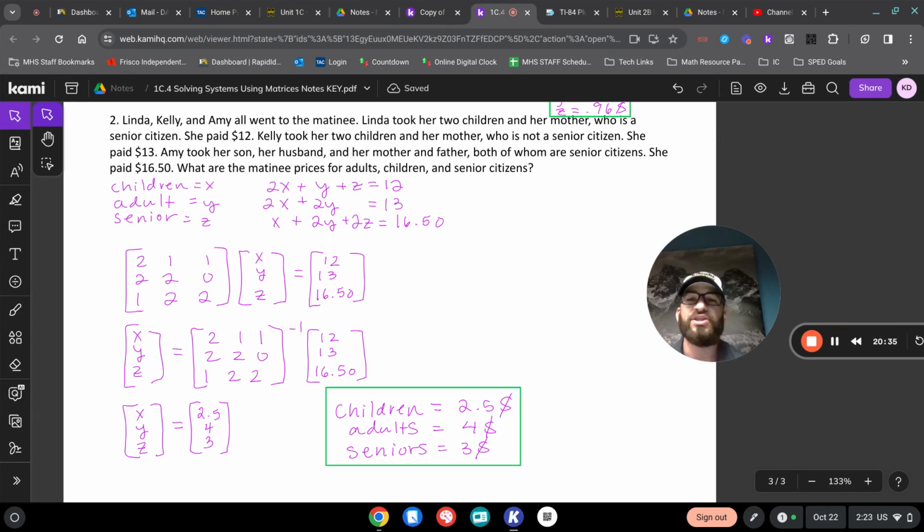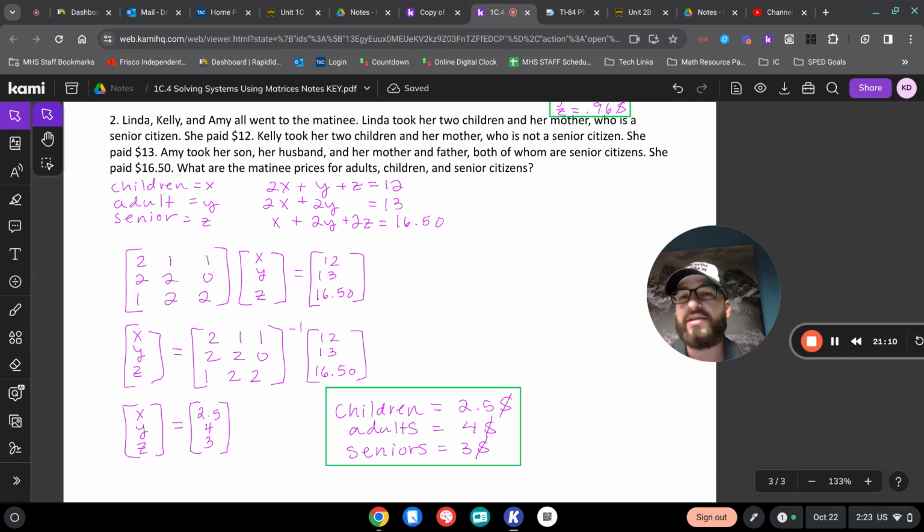So we can say children are X, adults are Y, seniors are Z. If you got slightly different setups for your variables, maybe you did adults X, children Y, and senior citizens C, that's fine. You should still get those same solutions in the end. Okay, so our first one, Linda, she took her two children and her mother, who's a senior citizen, as well as herself. She's going to the matinee as well. So 2X for the children, plus 1Y for her, the adult, plus 1Z for her mother, the senior citizen,